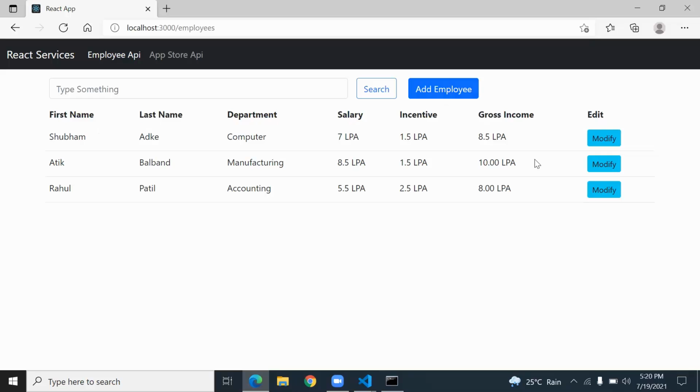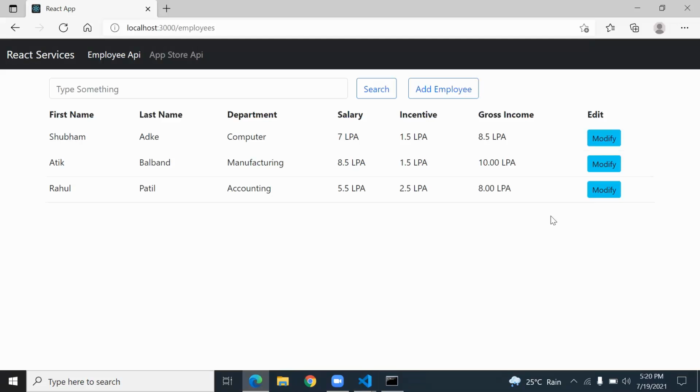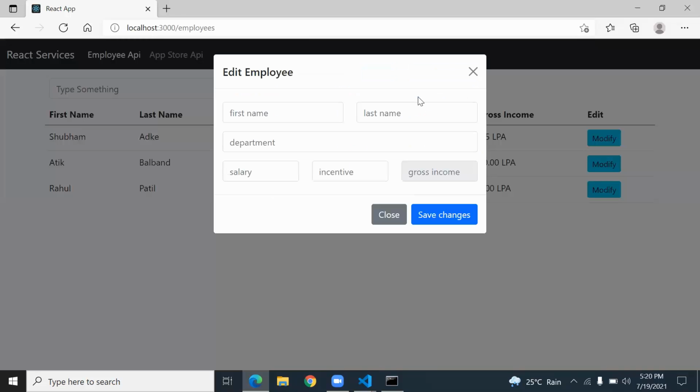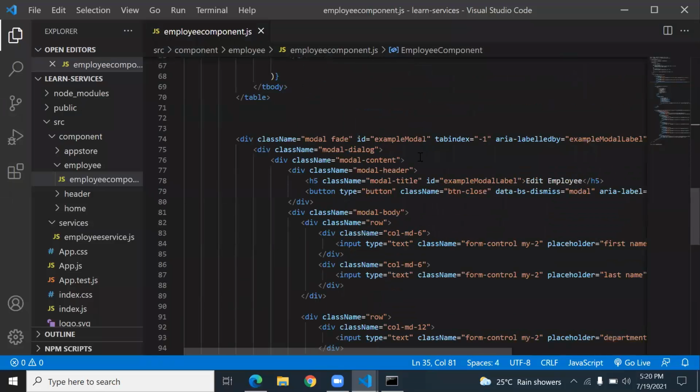So clicking add employee, I want to pop up a modal dialog to add an employee. Already here is a modal dialog. When I click modify, it shows me the edit employee option. The same modal dialog I want to show where I add an employee. So what I will do, I simply get one more copy of the modal dialog.